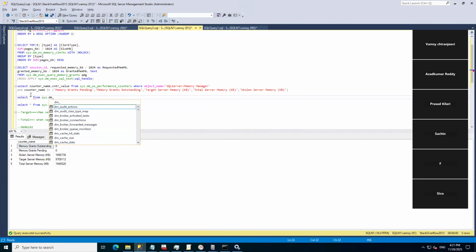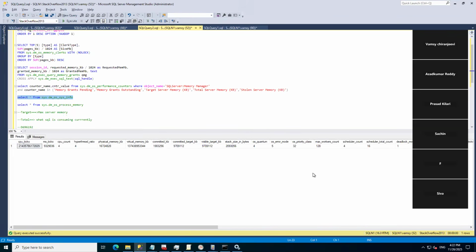Server services will give us a dedicated DMV, OS sysinfo or something. Here there is one column named SQL Server start time, which is why I'm picking it up. So it went fine: 16:20 means it got restarted just two minutes back. Fine. So now if you see this